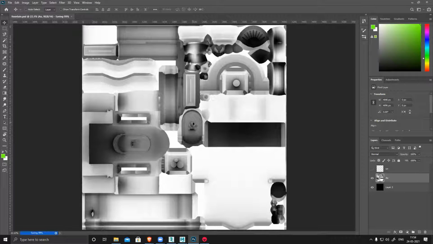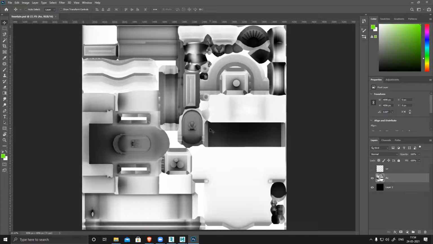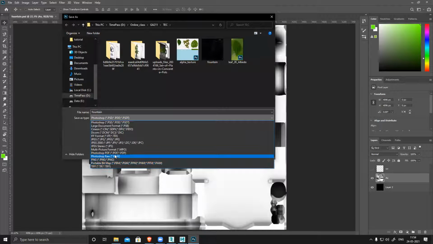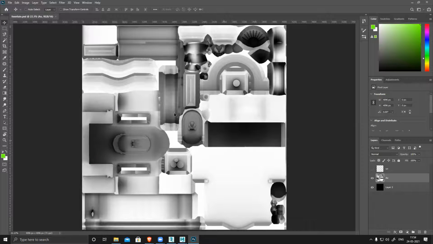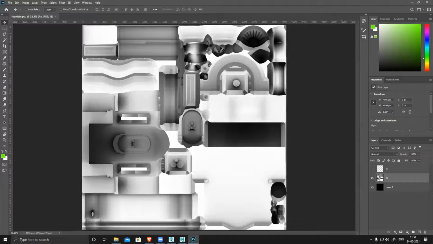Four K taking little time. So like this, we'll bake it here. We're done, and save it as. So now you can see there is no Targa option. The reason is I saved it into PNG, and PNG formats are different. So it's R, correct only, RGB 16-bit, correct only.